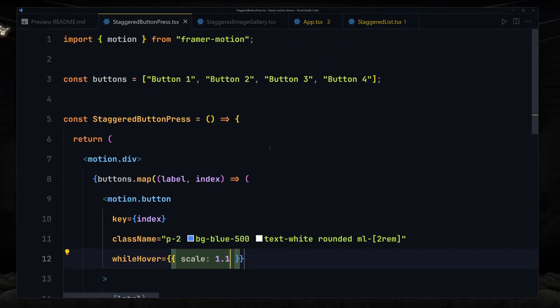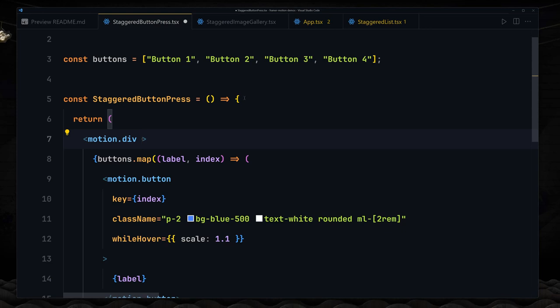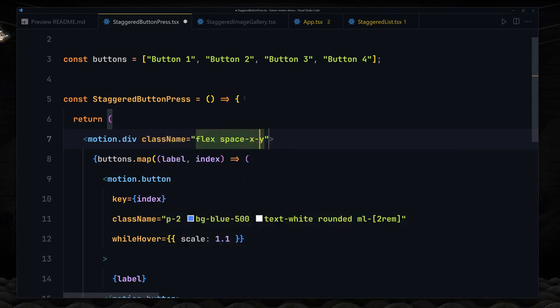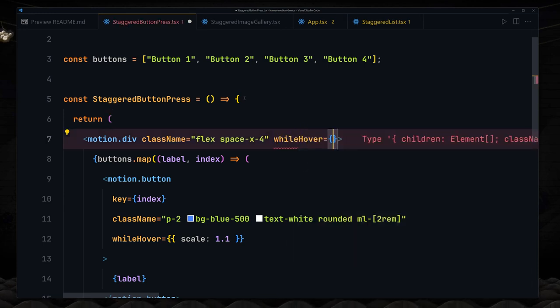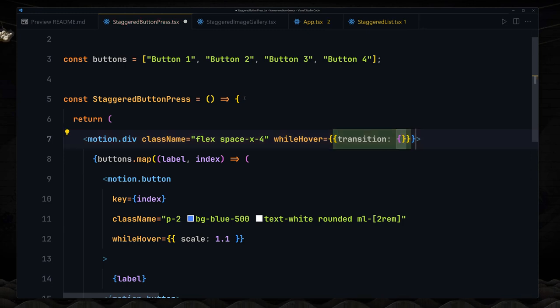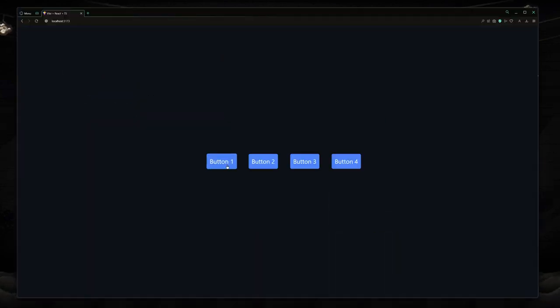Next, I'm going to also use my stagger on this div. So I'll use the class name, and the class will be set to flex, and space on the x-axis will be set to 4. And when somebody hovers over there, whileHover, we're going to be using the transition property, and we want to use our stagger children and set that to 0.2. Now if I hover my mouse over there, we are getting this kind of a smooth transition,